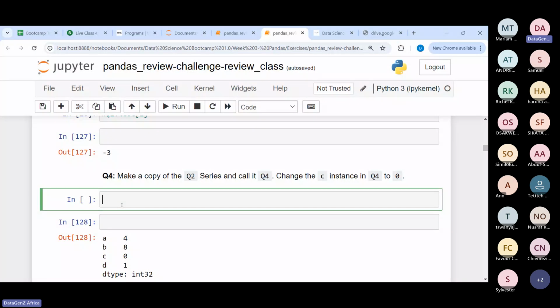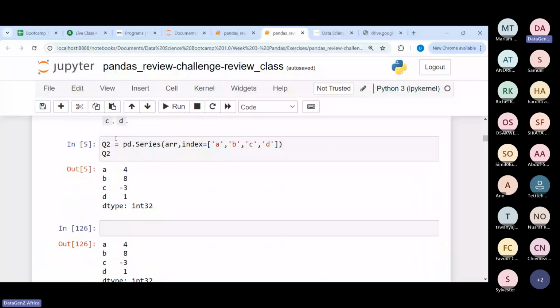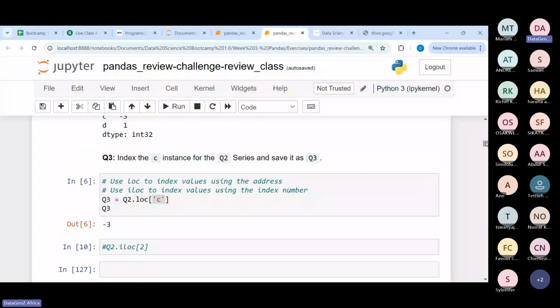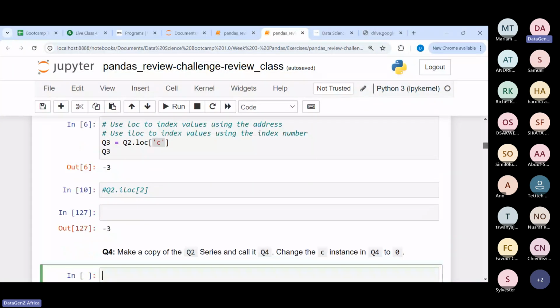Okay, why do you copy something from somewhere? It's because you want to preserve that thing so that nothing happens to it. So that's why we are doing our copy. So now the question says, make a copy of Q2. This is Q2, which is our Pandas series with the ABCD index. All right, so we want to create a copy of it and call it what? Q4. So how do we